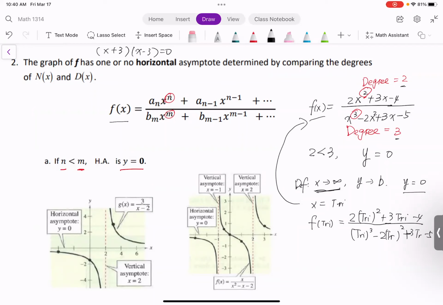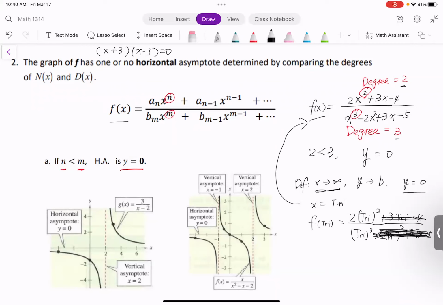So let's simplify this. Compared with the trillion squared, the 3 trillion minus 4 is nothing. So compared with the trillion cubed, the minus 2 trillion squared and plus 3 trillion